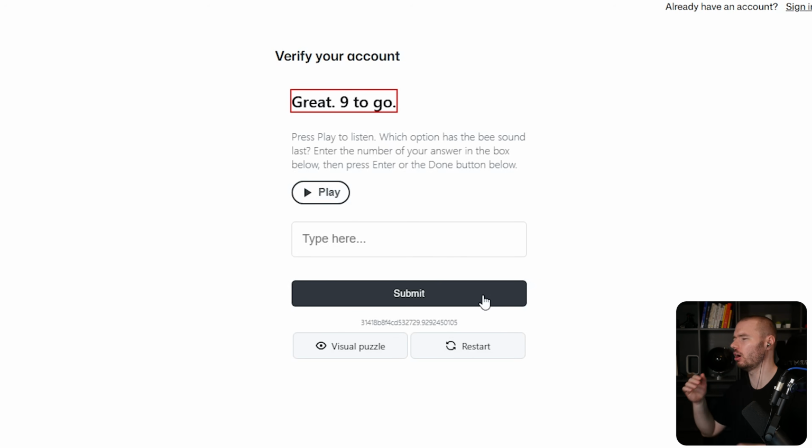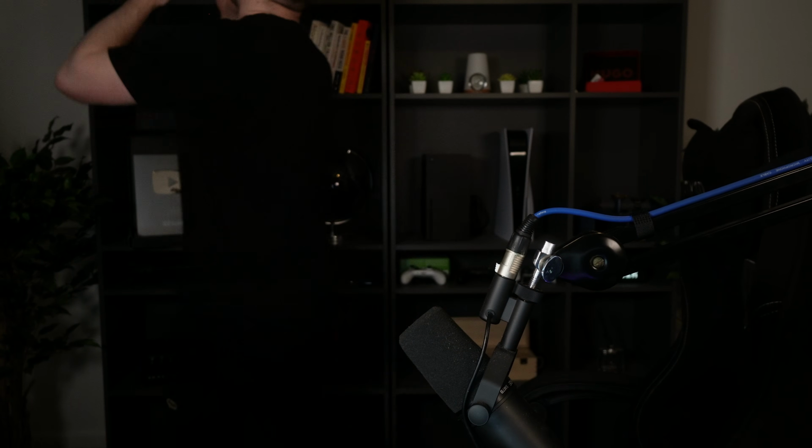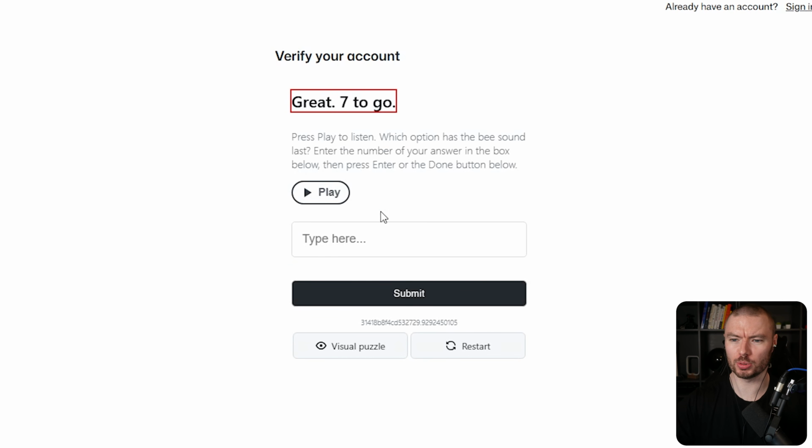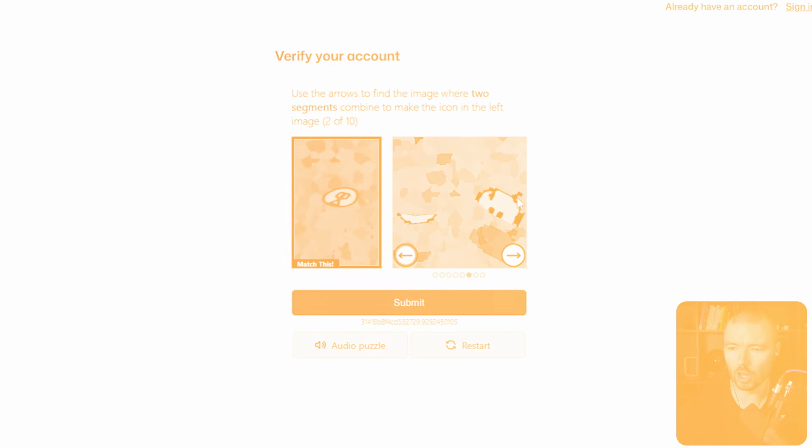I've got to do this 10. I really hate this. If it gets like, oh, there's a difference between a bee and a fly, I swear to God, I will drop kick my camera. They're all buzzing. It says B. Oh, I fucked up. It says B sound lost. I give up. I didn't think I wanted to cry by like 30, 40 minutes into doing this. Like genuinely. We're not even an hour in and I'm already frustrated.